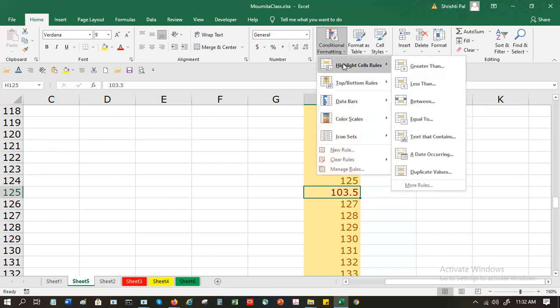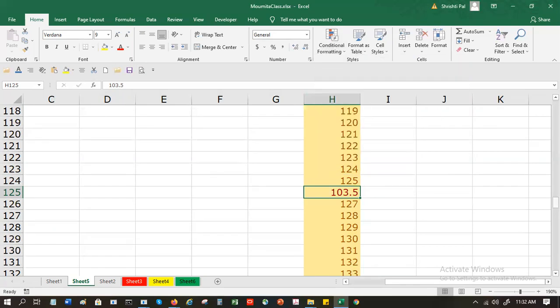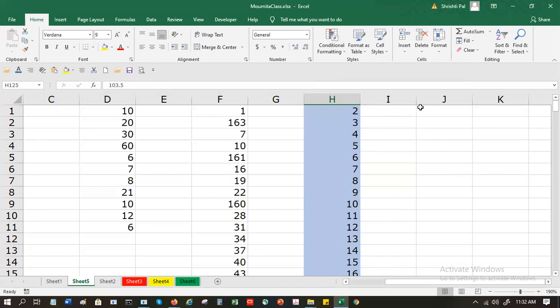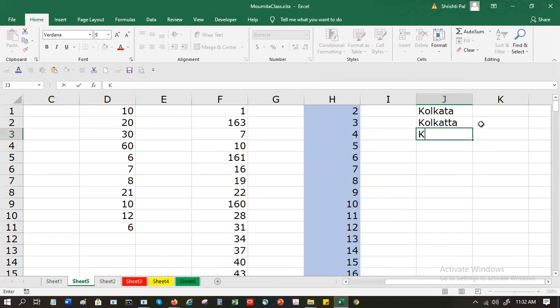Now, this is highlight cell rules: between, equal to, text. If you are looking for a text, let's say a lot of people misspell. So you want to find out those who have misspelled or something which is correct.